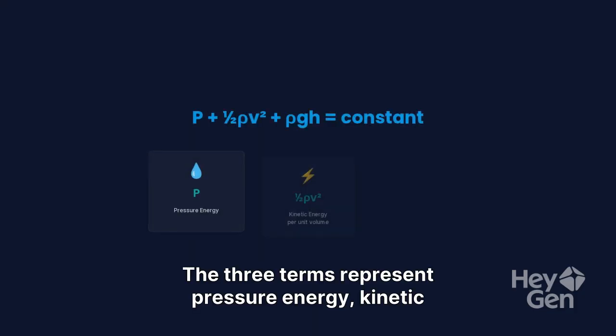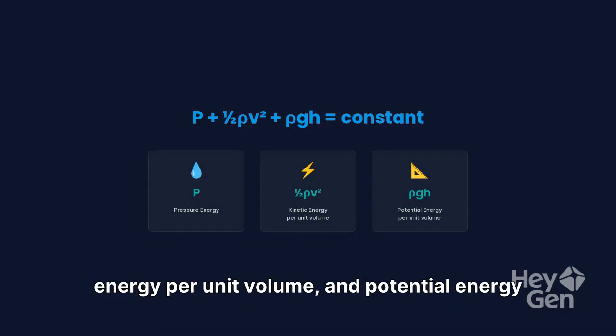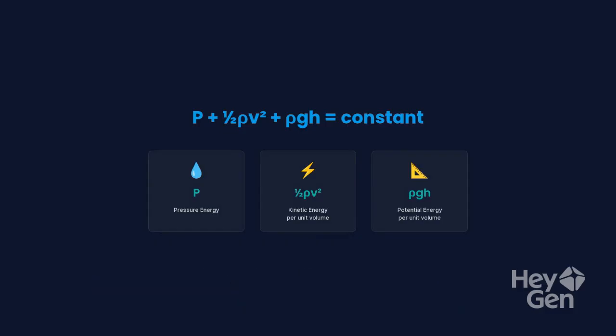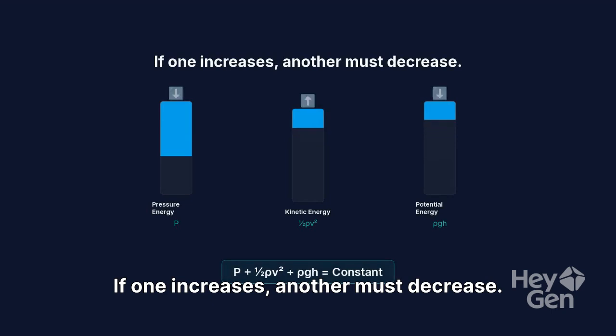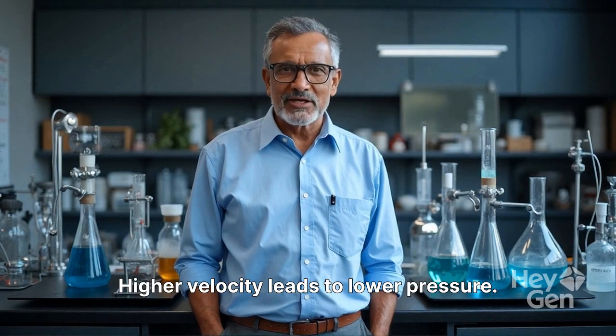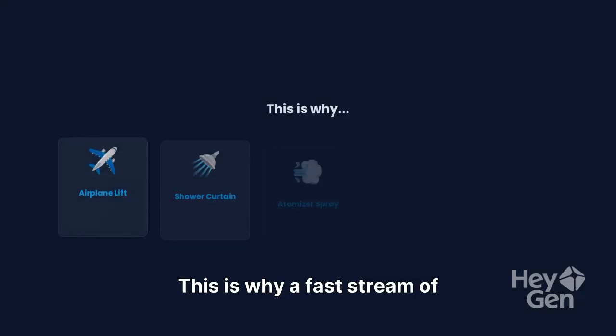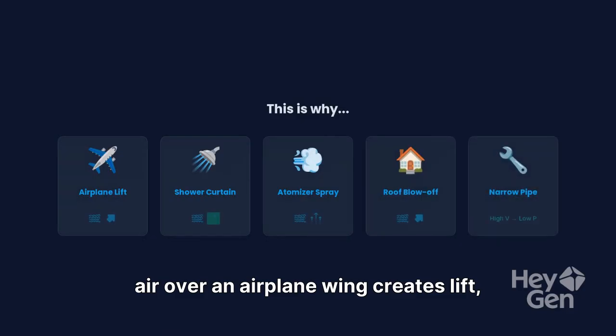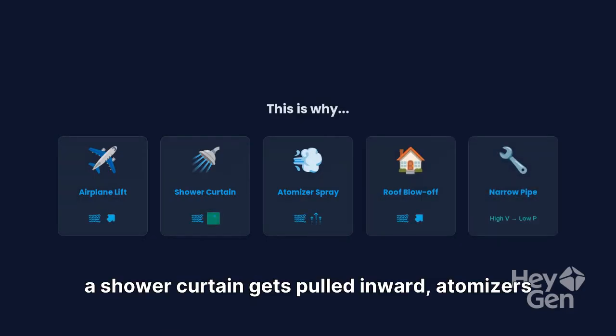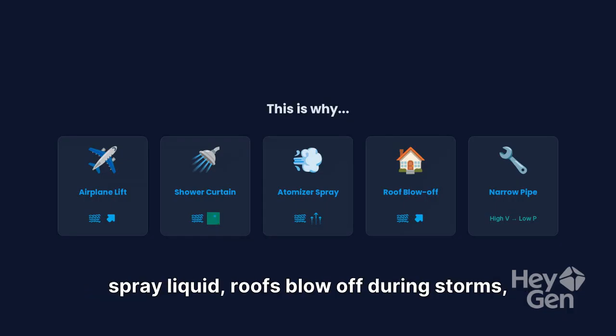The three terms represent pressure energy, kinetic energy per unit volume, and potential energy per unit volume. If one increases, another must decrease. Higher velocity leads to lower pressure. This is why a fast stream of air over an airplane wing creates lift. A shower curtain gets pulled inward, atomizers spray liquid, roofs blow off during storms, and narrow pipes have lower pressure